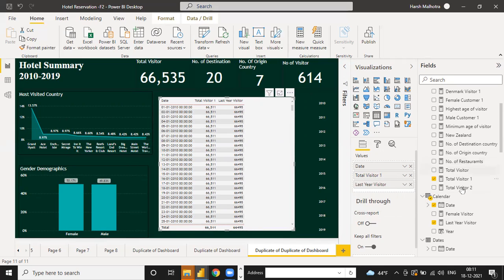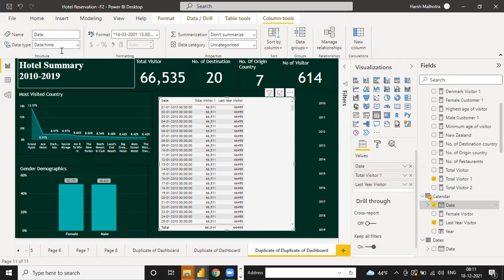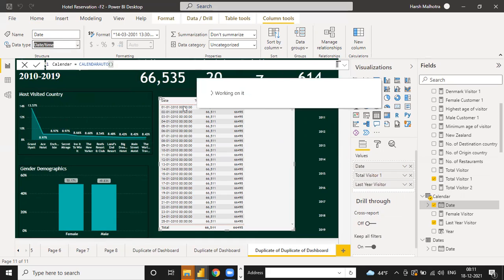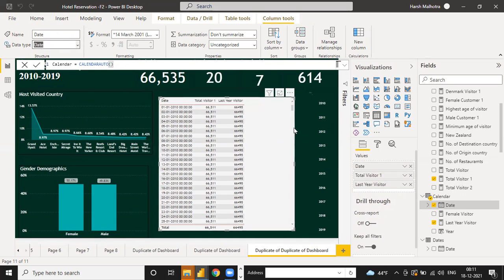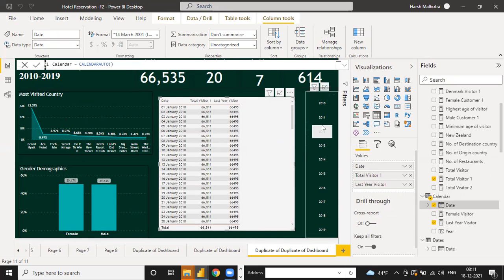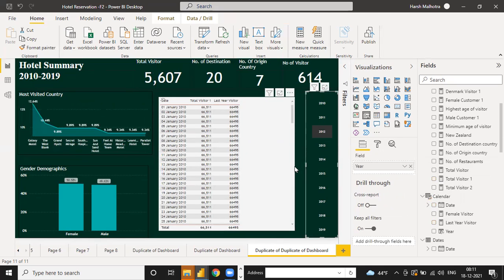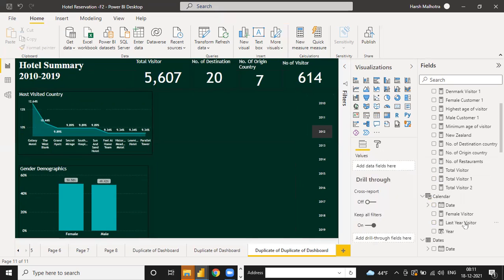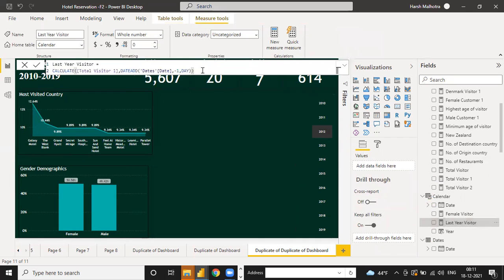Okay, and select this date and time, only date. See, again it is showing the error. No worry. I can use another function because this is correct actually, but it is not working here.